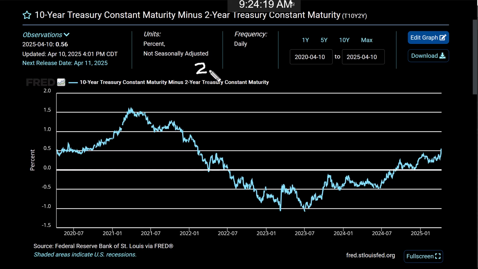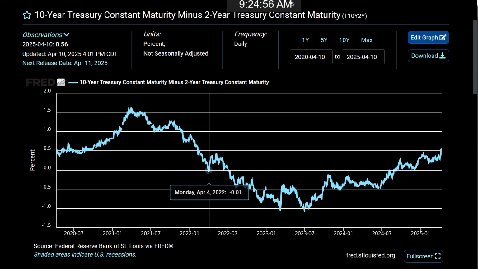It's typically the 2-year, although you can have many, many different yield curve durations invert, but probably the most popular to watch is the 2 and 10. So I do want to mention there's probably lots of different combinations, but I would say this is by far the most popular. This 0 line here is actually called the inversion line, above and below. So you can see here, and I'll show you the exact date.